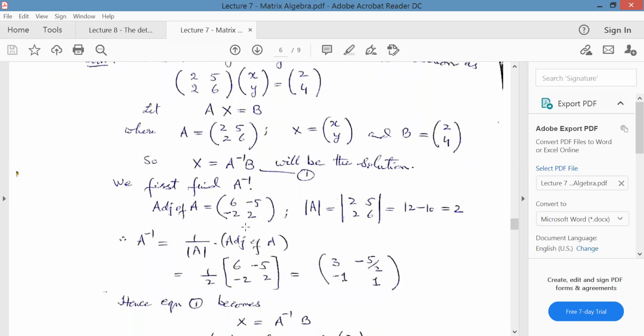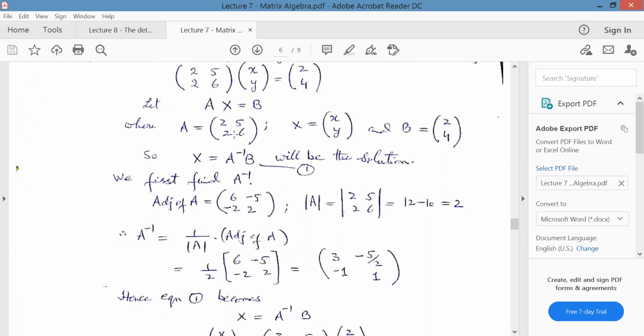चलिए देखिए यहाँ पे कैसे ले रहे हैं. ये मैट्रिक्स ये आपके सामने है. इसका इनवर्स निकालने के लिए आपको एडजॉइंट चाहिए और डिटरमिनेंट ऑफ ए चाहिए. Adjoint, I told you that interchange the position of one element with two element. इसको interchange किया, 6 will become here and 2 will go there. And with the remaining elements attach a minus sign. Minus से multiply कर दें, ये आ गया. So this is adjoint of A.